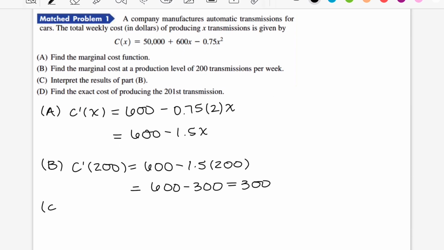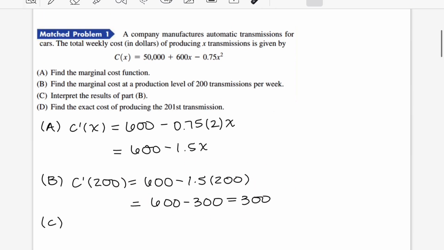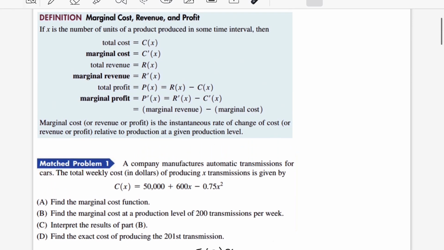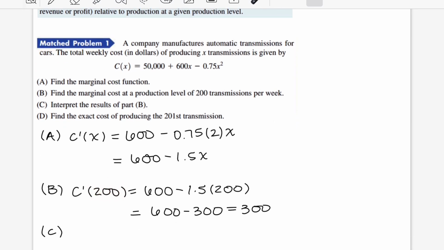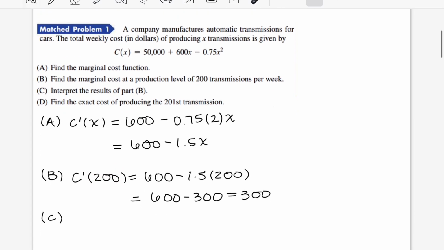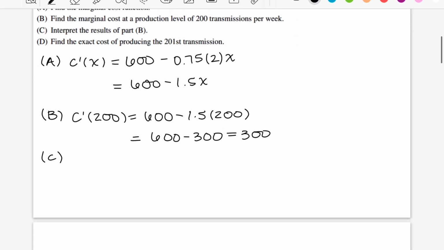Then for part C, we want to interpret these results here. So we know that looking back at this definition here, our marginal cost or revenue or profit, but in this example, marginal cost, is going to be the instantaneous rate of change of cost relative to production at a given production level. So our current production level is 200 transmissions per week. And since we got that the marginal cost at that production level is equal to 300, what this means is